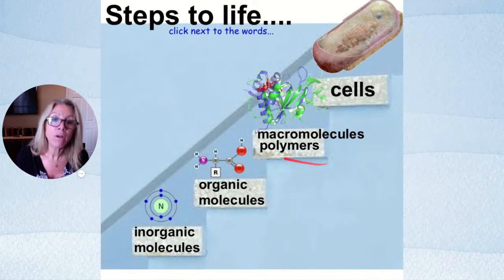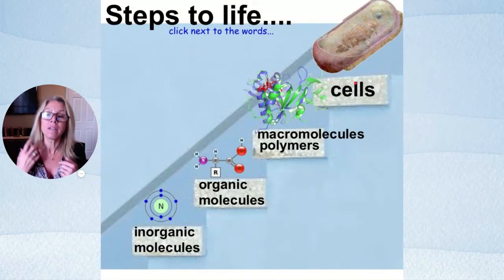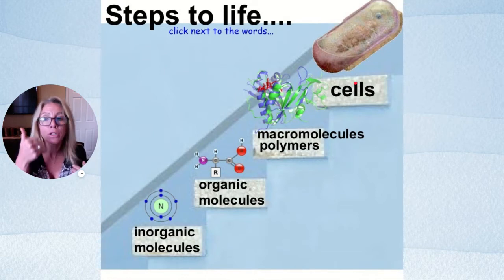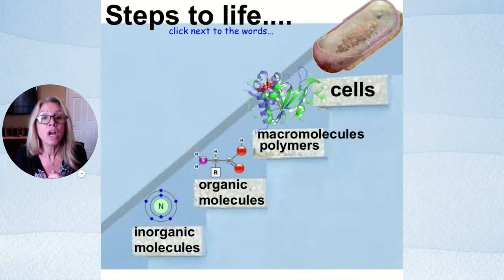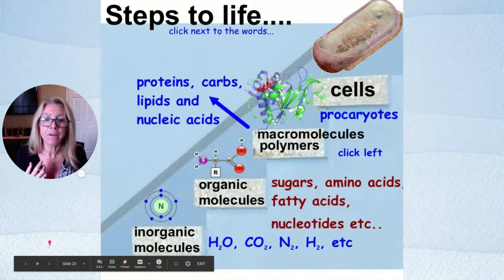So that would be a macromolecule, would be a protein. And then we use these macromolecules to build cells. So the four important organic molecules are proteins, carbohydrates, lipids, and nucleic acids. Nucleic acids are things like DNA and RNA. So if I were to annotate this diagram a bit more, what I want you to see